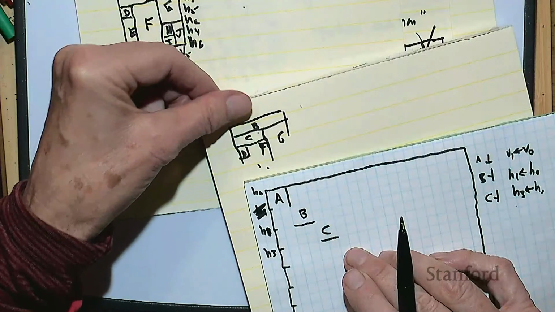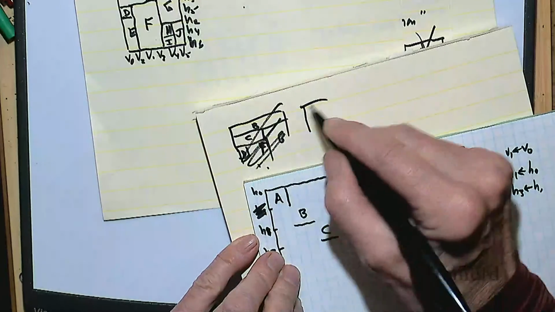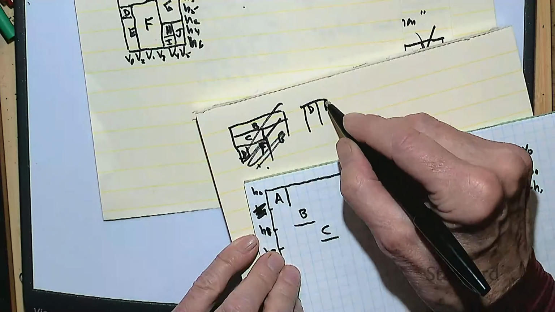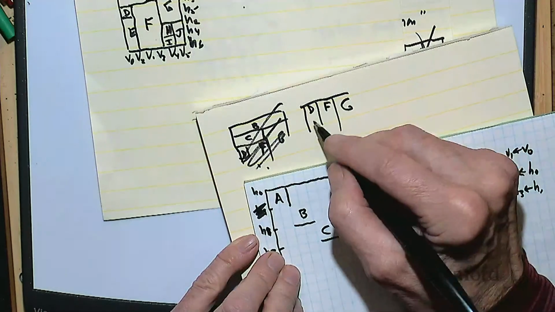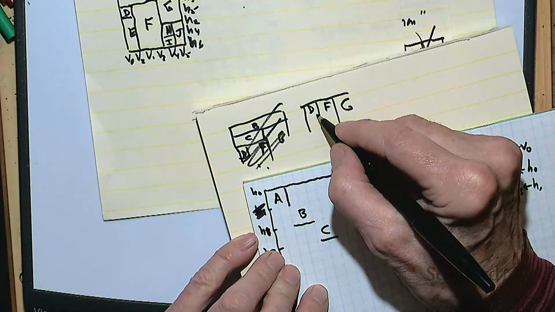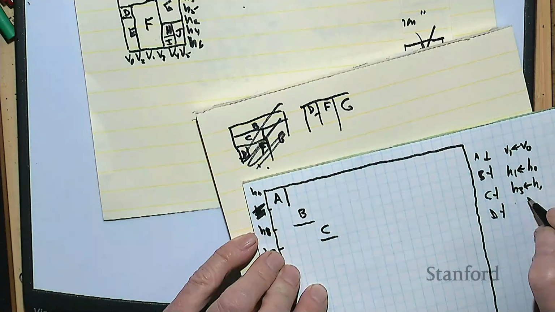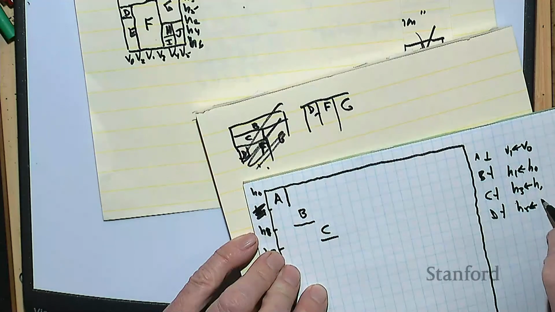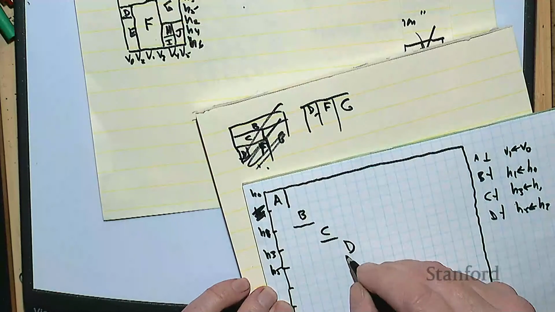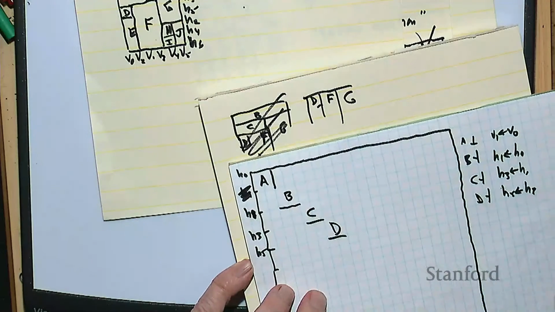D and F have moved up. So now the current state is I got D sitting here, and F, and G, and D is another one that has the same business here. So H5 is going to go to H3, and so I'm going to put D here, and H5 is going to be underneath it. At this point, we get a break in the action, and E